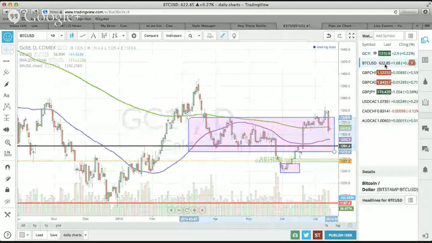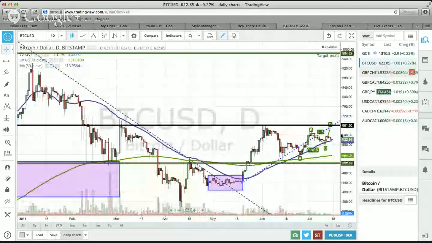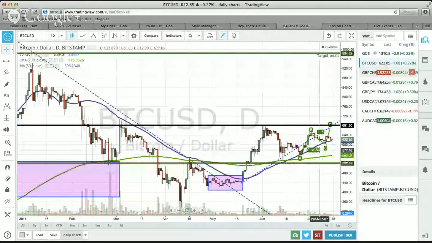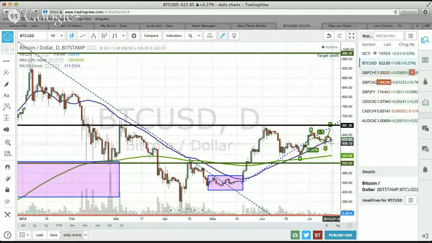Here's Bitcoin. We are still above the 50 simple moving average, so that's favorable for the bulls. And we are right at the 50 simple moving average. The main thing I'm looking at is to make sure that this point, level C on the chart, which is right at about 600, does not get breached. So long as 600 doesn't get breached, I think you have a case for the momentum case, that 680 is a reasonable target, and I expect price to reach that level, the next resistance level,